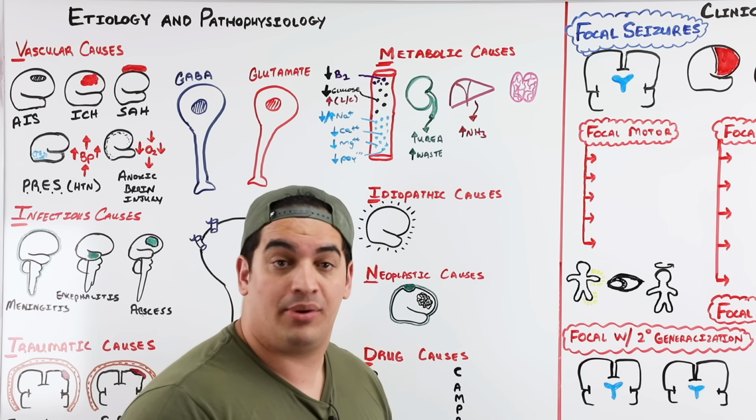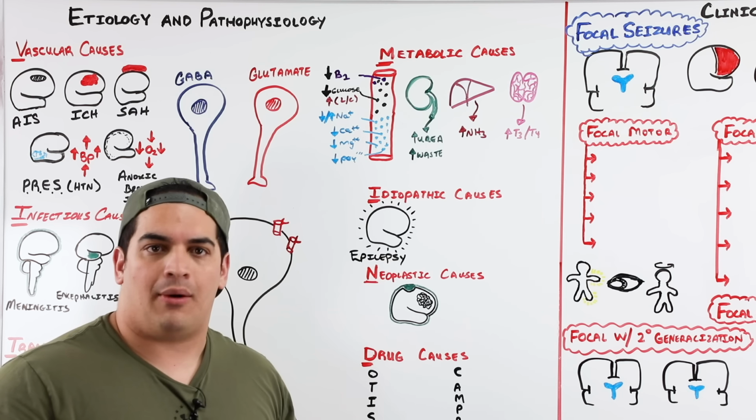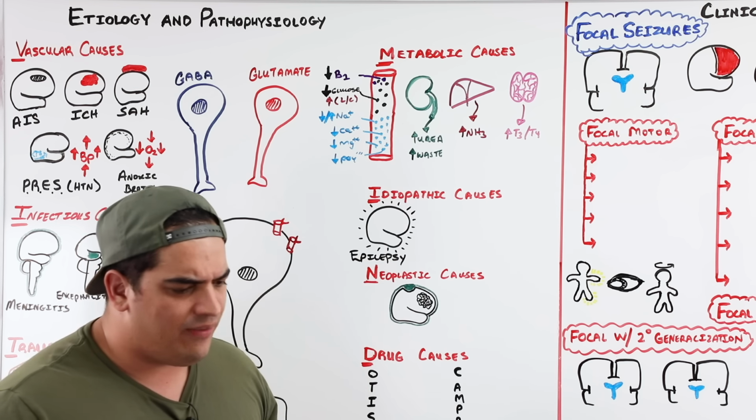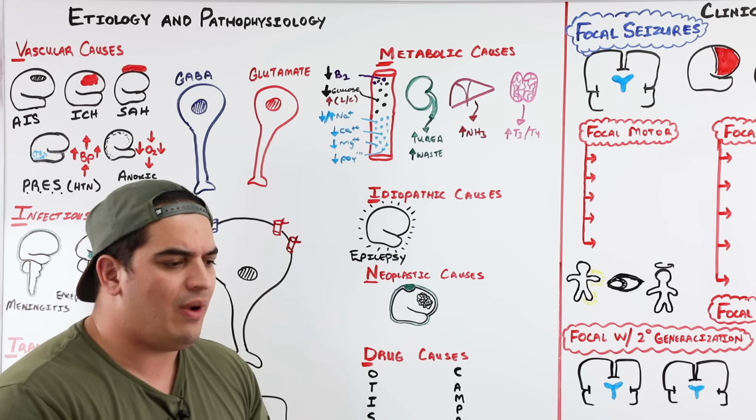Idiopathic causes. Now, idiopathic causes is actually what we term epilepsy. Okay, we really could define this more as epilepsy. So epilepsy is a little bit different from seizures in that epilepsy is where you have two unprovoked seizures greater than 24 hours apart is how we define epilepsy. Another newer definition in 2014 was that you have an unprovoked seizure with at least a 60% recurrence rate. So either way, whenever someone has multiple seizures, they're more likely to have epilepsy.